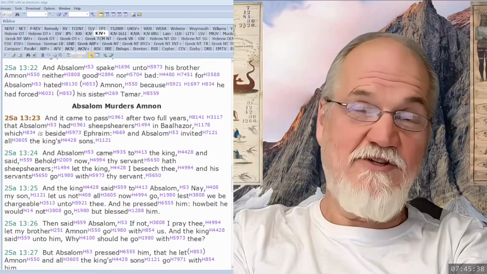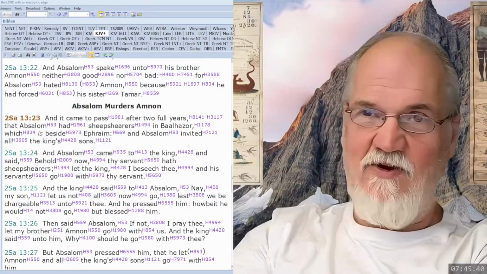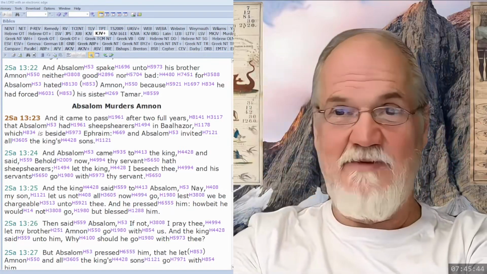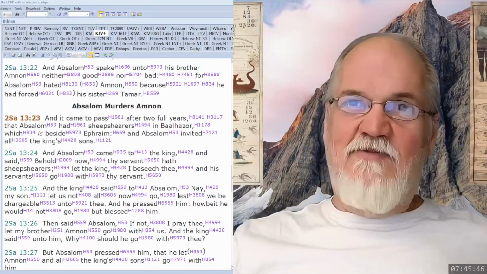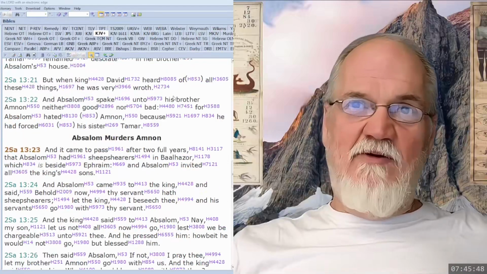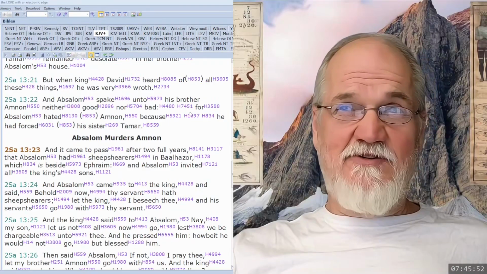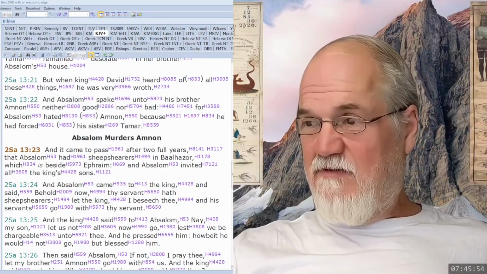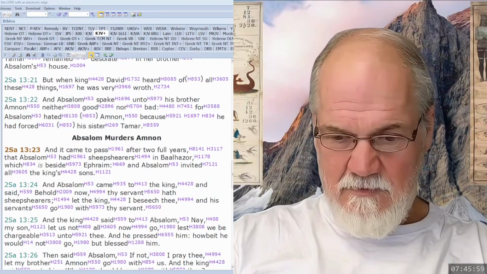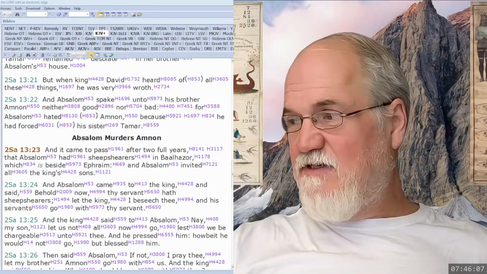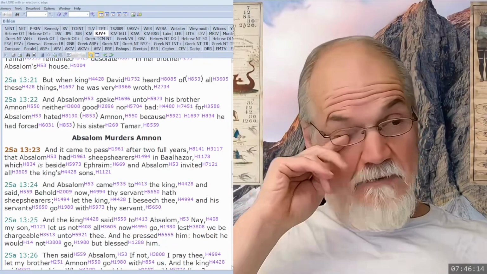But the question here, because before we get into all this part of the story, which we can do tomorrow, maybe we could look at it today. In this story about Absalom, when he speaks neither good nor bad, what I wanted to understand is, what does that idiom mean? I would think he's being duplicitous. So he's hiding his intentions, right?